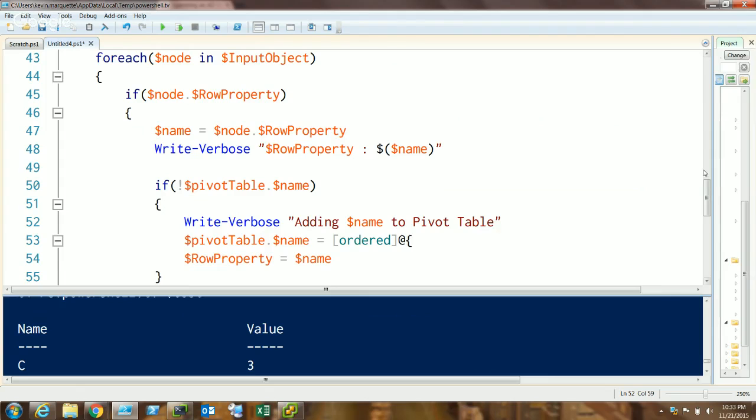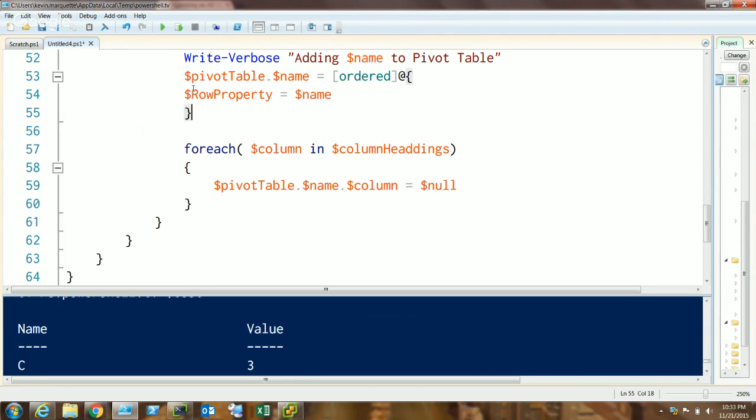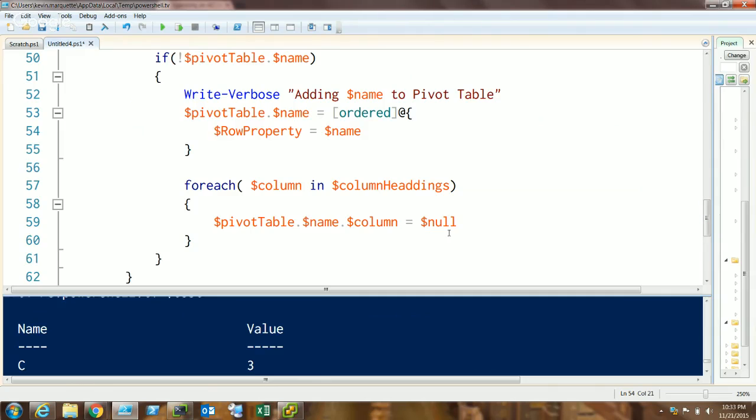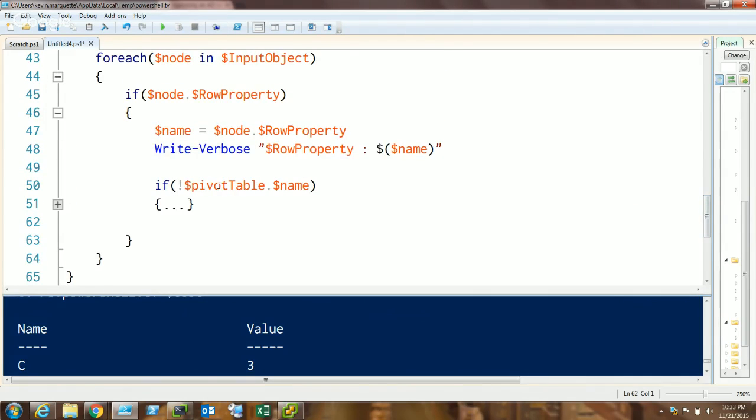Okay, so then creating the object, and I'm creating all the properties and putting nothing in there. Okay, so now that I have an object here,